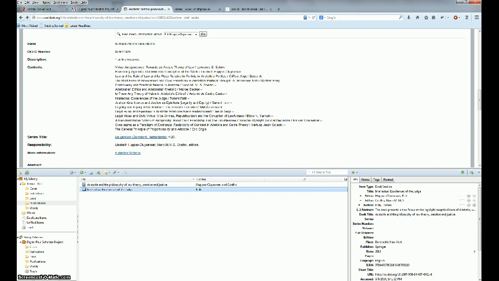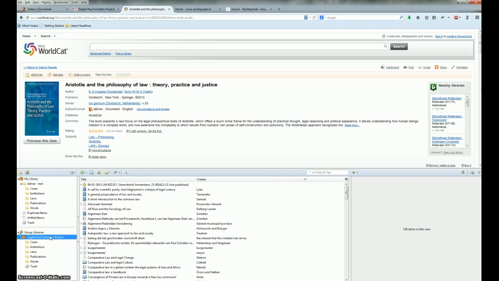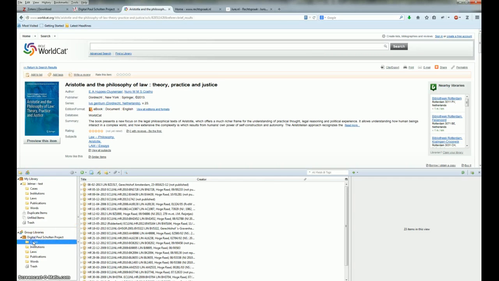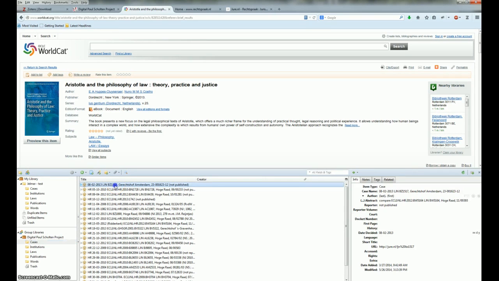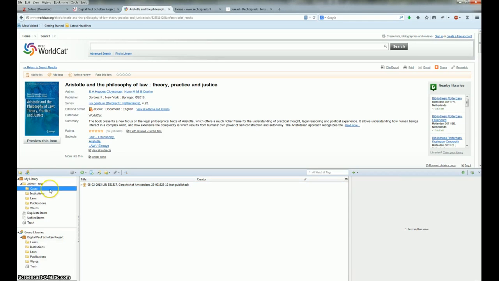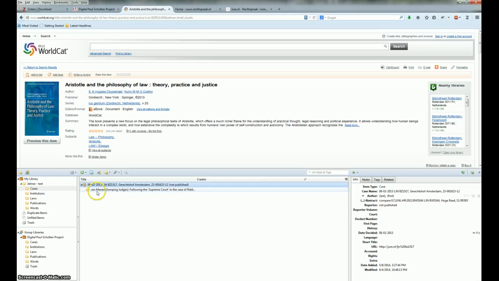Now, if you make a reference in your article to a case, first look in the group library. If the case is in the group library, please drag it to the subcollection cases. And then you will have a copy of it. Then you see a little arrow before every item. If you click it, you see the notes. Then go to the notes at the right